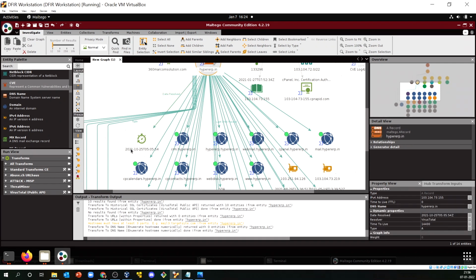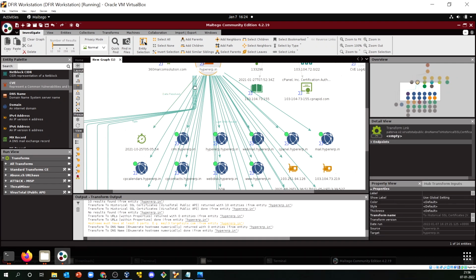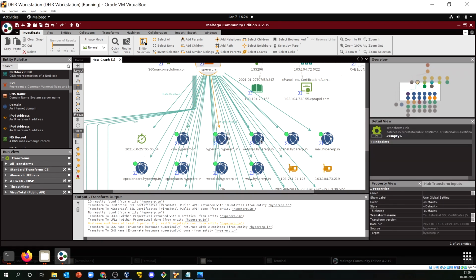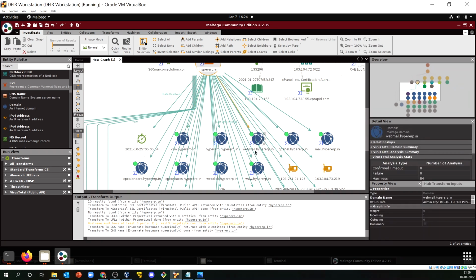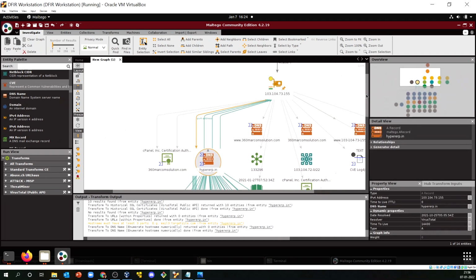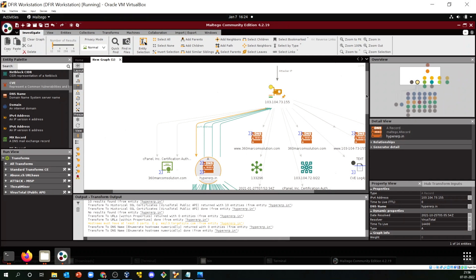At the back end, this particular domain has been resolved by Maltego, and you will see the date and time information, the last DNS record found. You see there is webmail also registered to this. Now the interesting part: it is going back to this particular IP address as well.